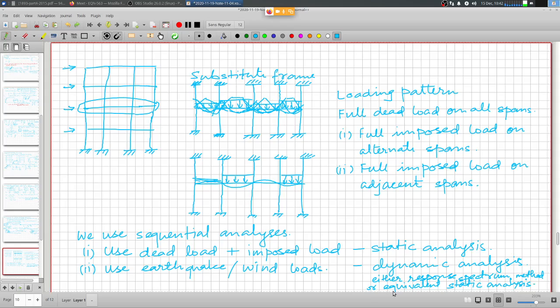So equivalent static analysis is when you would derive these lateral forces distribution over the height and then consider these forces acting as static forces, and of course these are always added plus or minus to take care of the reversible nature of the sign and consider the